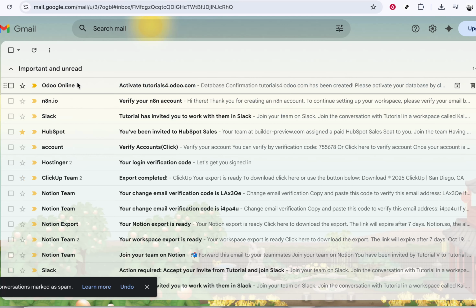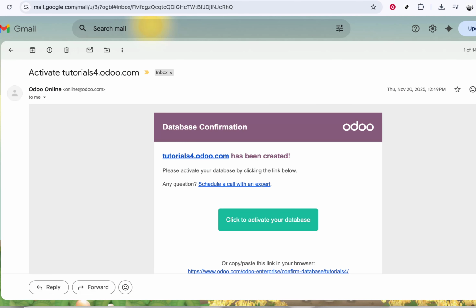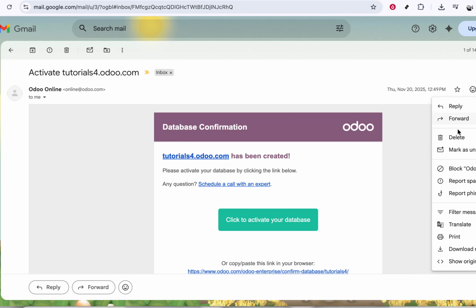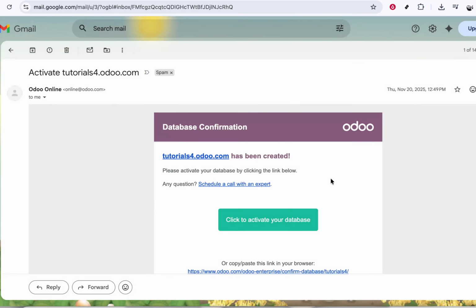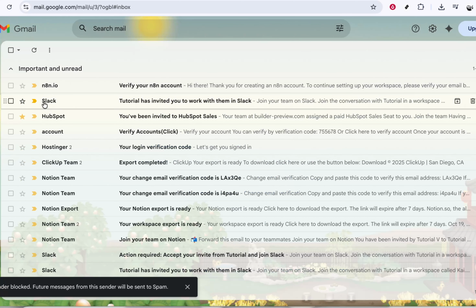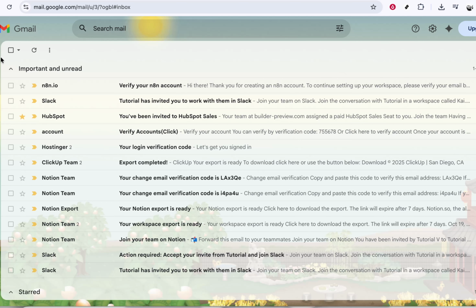When you do this, Gmail will immediately move the selected emails out of your inbox and into your spam folder. In some cases, Gmail might show a small message asking you to confirm that you want to report these as spam. If you see that, just confirm your choice. From now on, Gmail will use this information to better recognize similar messages and send them directly to your spam folder, helping keep your inbox clean and safer. You can repeat this process anytime you receive new unwanted messages. Over time, you should notice fewer spam emails reaching your main inbox, making it easier to focus on